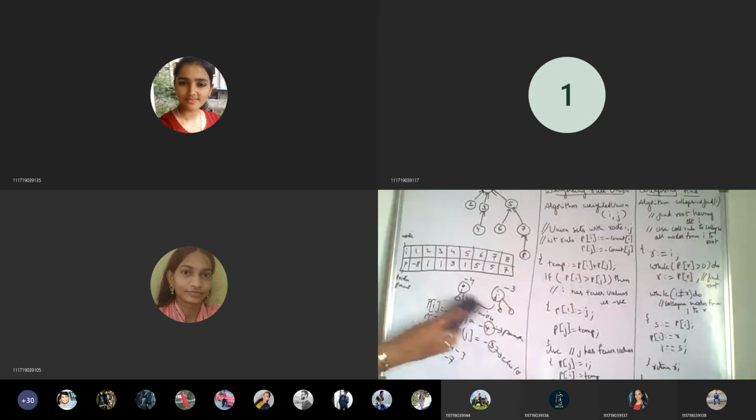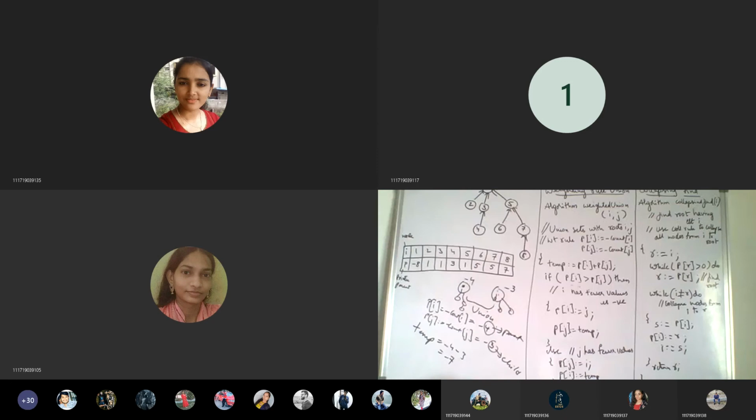Okay, so this is the example I told. I is one tree and j is one tree, and just imagine that I root is having 4 nodes, so we write -4. J is one root node having 3 nodes, so -3. When we want to do the union of these, whichever node is having fewer children will become the child of the other one. Or the other way we can say, the node which is having more nodes will become the parent, and the other one will become the child. Either logic you can use here.